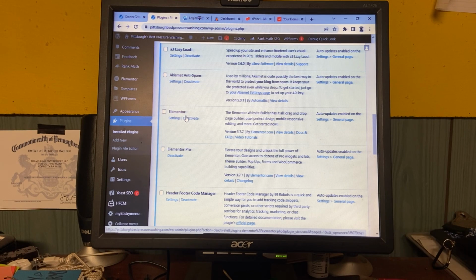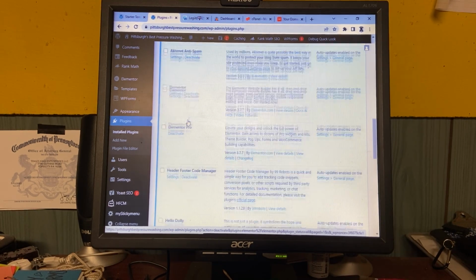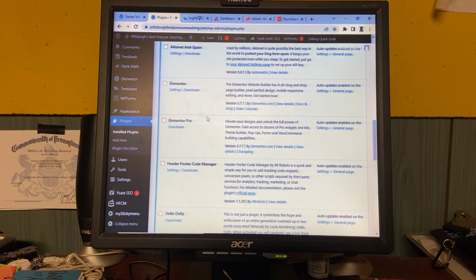And while I'm on this subject, because I just had this happen, and this happens sometimes, when you're using all these plugins, sometimes if one goes out of date or there's an issue with one, your website will basically crash. You won't be able to log into WordPress or something.